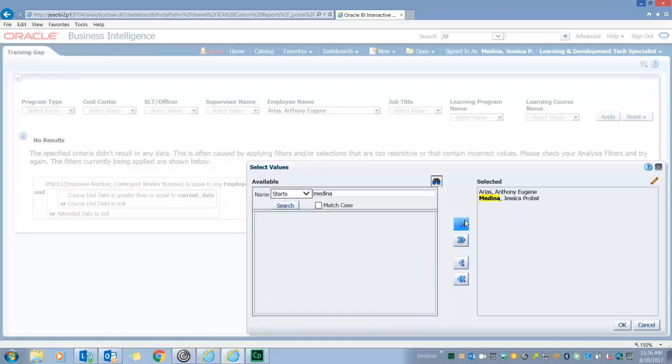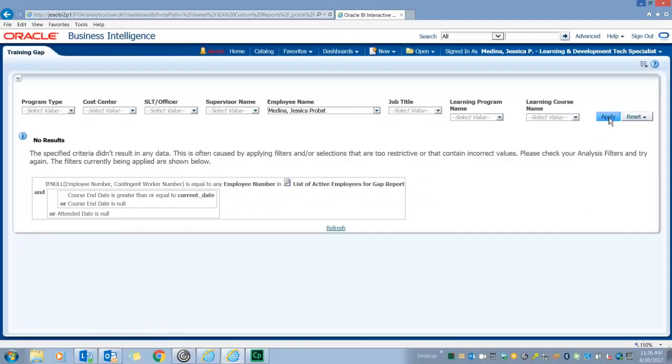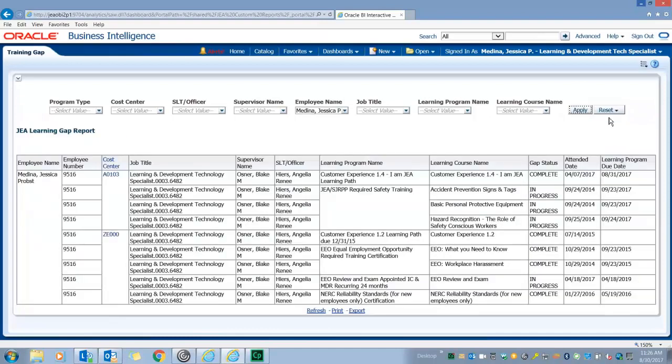Select the employee. In the selected area, remove the old employee and select OK and Apply. And you'll see here that there are classes listed, and under the gap status column you'll see complete or in progress. You may also see gap. Gap indicates that you need to take that course. Complete indicates that you've met the requirements for that course and it's still on the gap report until the due